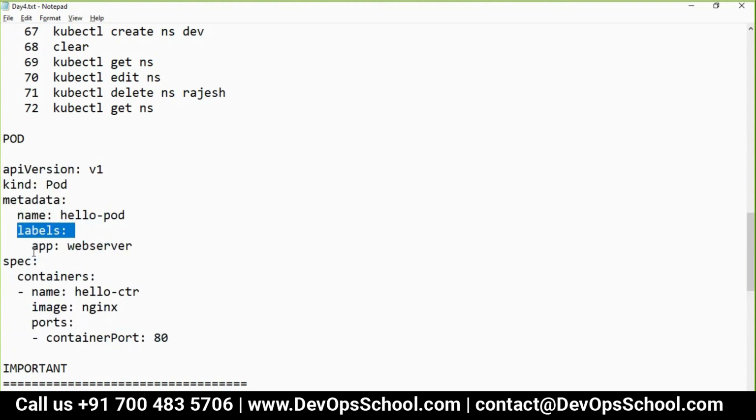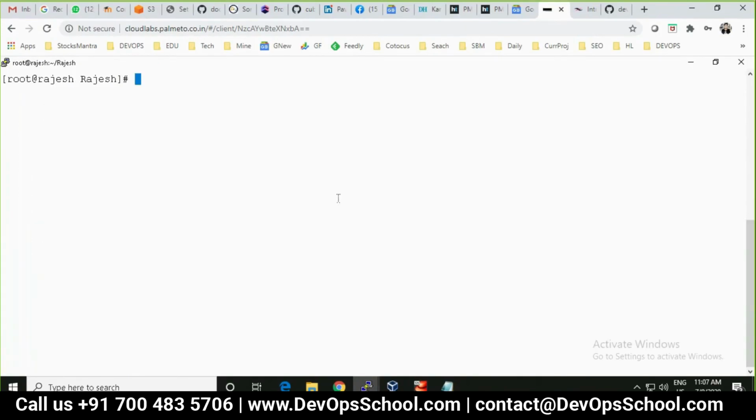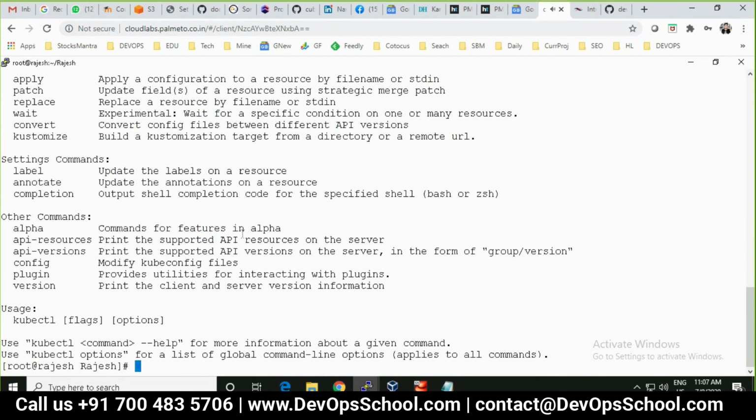But how do I get it? Don't get scared, but you have to accept. This is very easy if you start this way. First thing I want to learn: any command which will help me learn all the fields of each API resource.